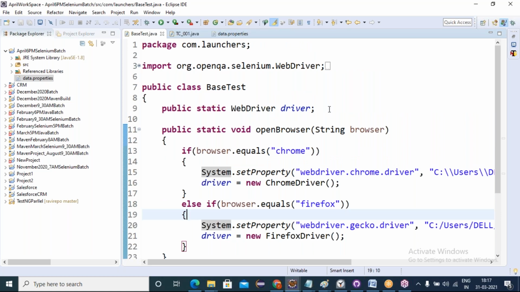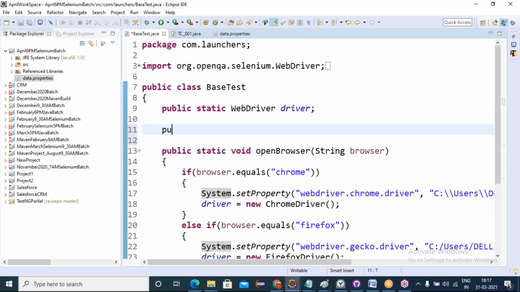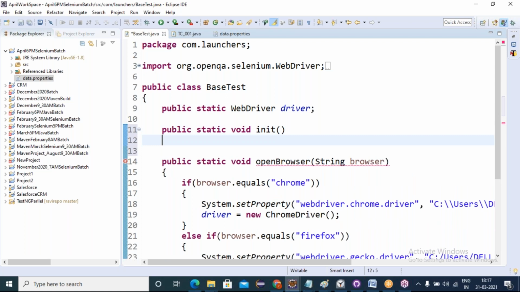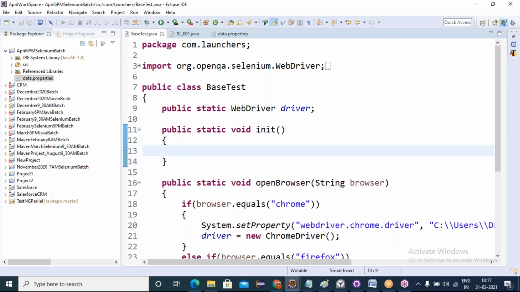In this base test, you define one method, static void init, which means you are initializing those files, Excel files or properties files, whatever it was. All the initialization of the input files will be loaded from this init method. Okay.